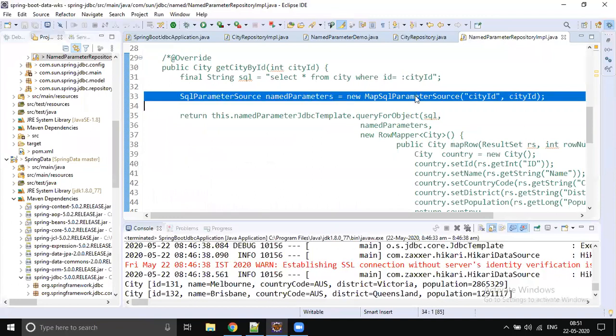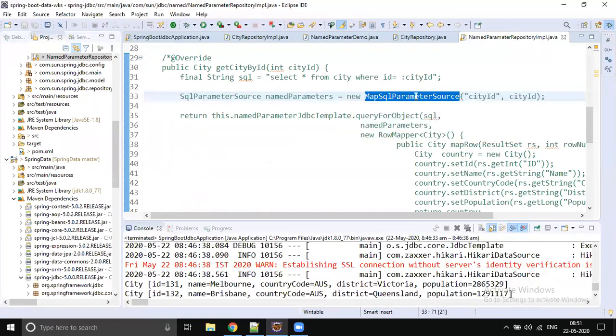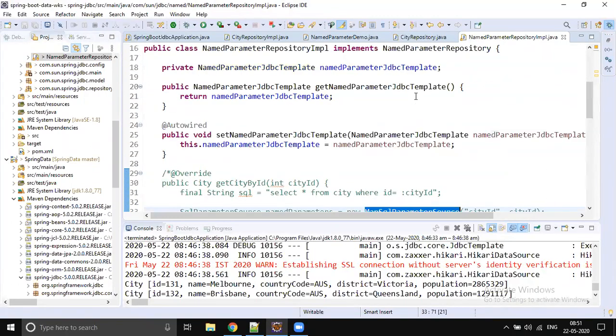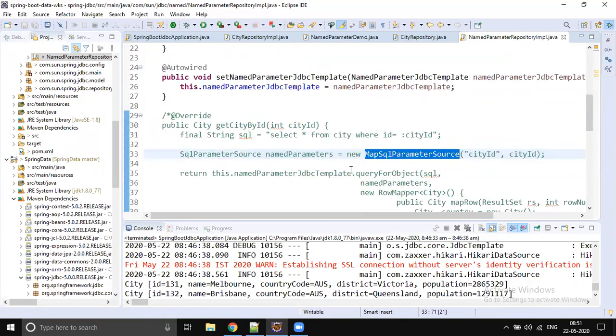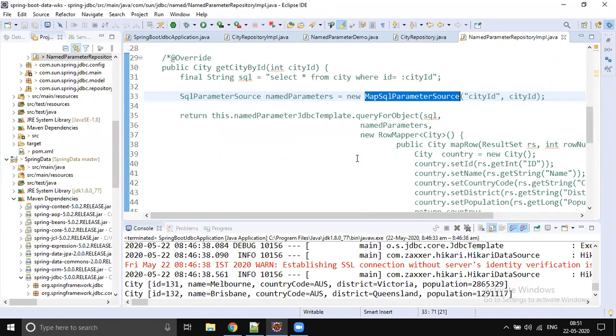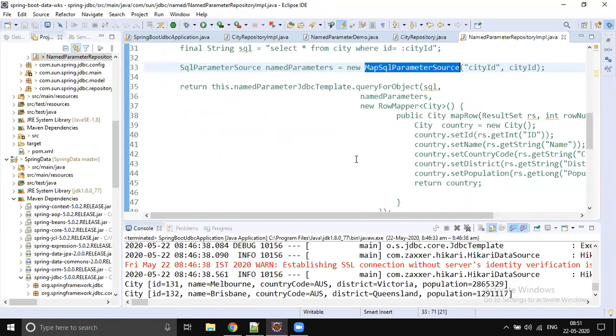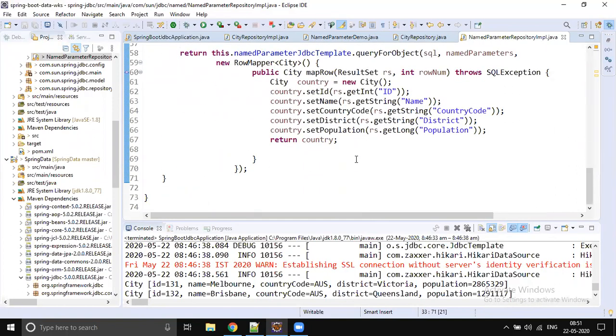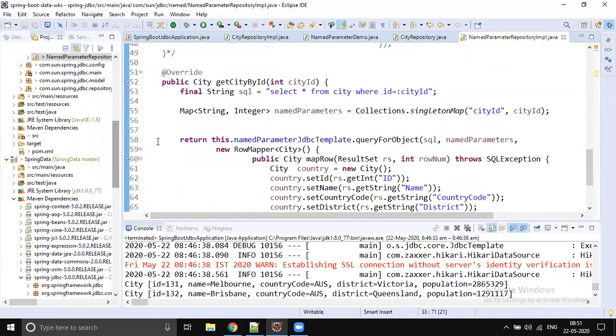It is going to give some extra benefits than map, but you need to use Spring class instead of Java class. Even I recommend you to use map because it's defaultly available with Java, right? So this works fine for us.